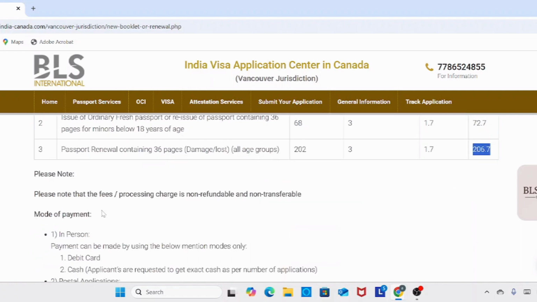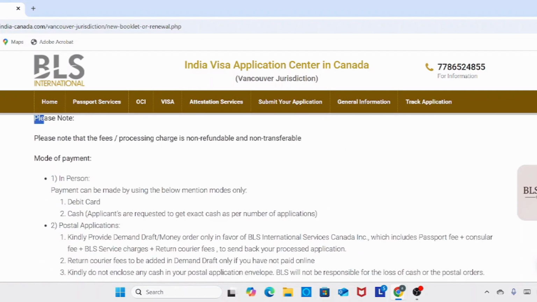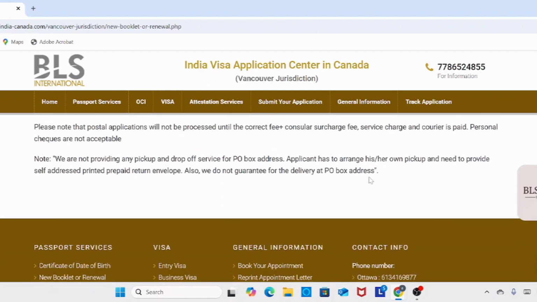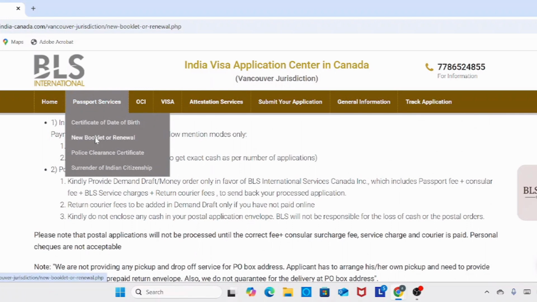So here is the method of payment. Please note the fees are non-refundable and non-transferable, and the payment method is in person. If you apply by courier, you need a demand draft, and you need to submit all return courier service charges. You can read it from here. And after that,